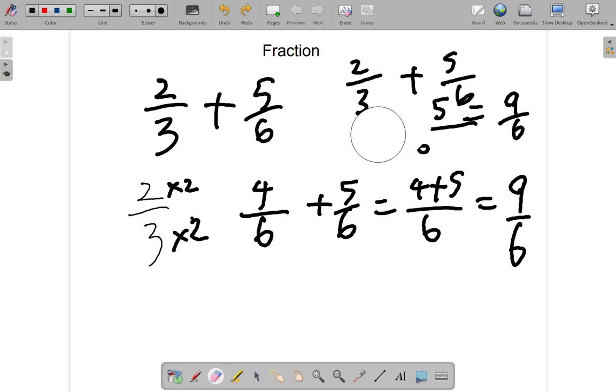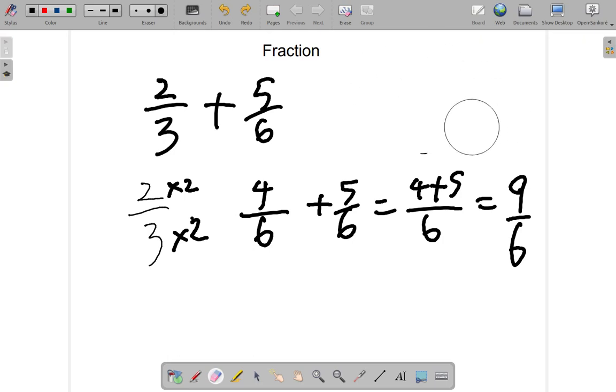Now let's look at the answer that we have here. You can see that the numerator is larger than the denominator. Here you add two fractions where you have smaller numerators, but the answer gives you a bigger numerator. This is called an improper fraction. You could change it into a mixed fraction. What that means,